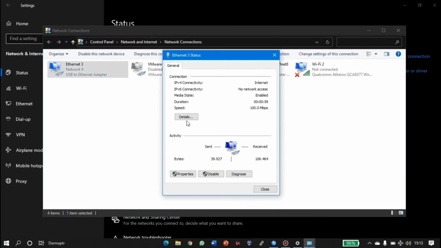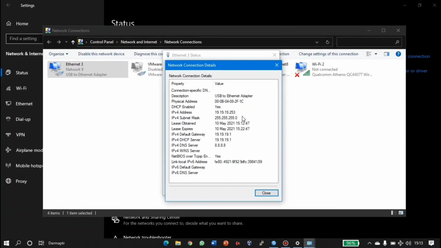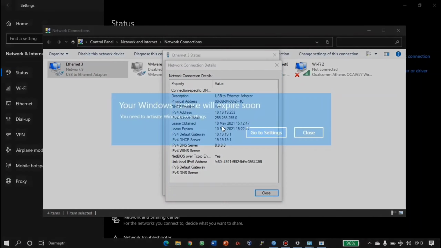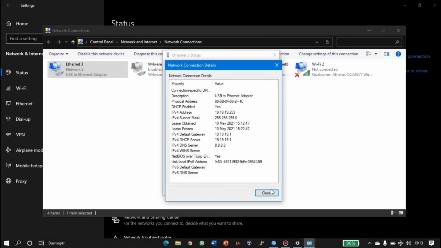Open the Ethernet and click details, and we can see client 2 got IP address 19.19.19.253/24.